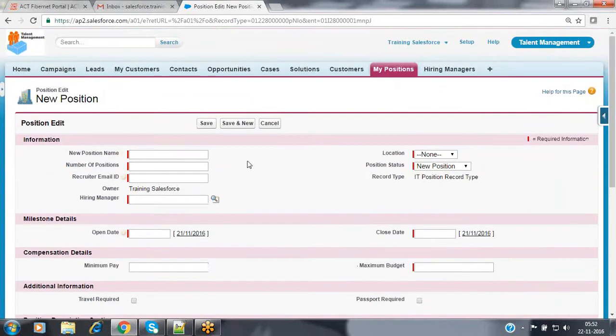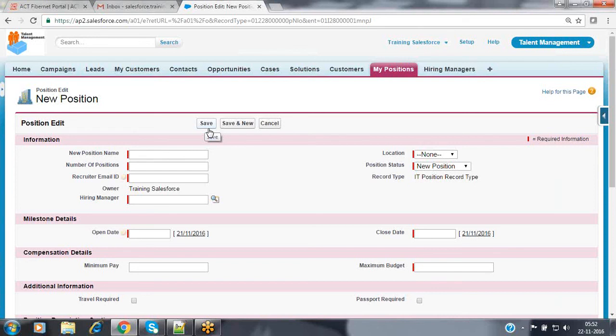After providing all the details, when you click on the Save button, the record is automatically saved into this position object. And once the record has been saved successfully, it has to immediately send an email notification to the HR people. One email notification has to be sent to the HR member and one to me as the project manager, because I'm the owner of the record. It has to send the email notification that a new open position is available inside the organization.